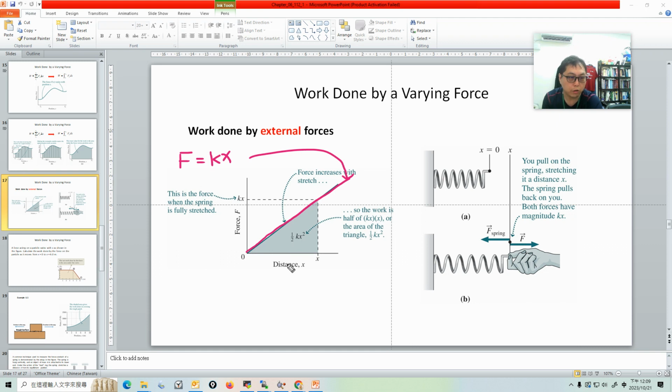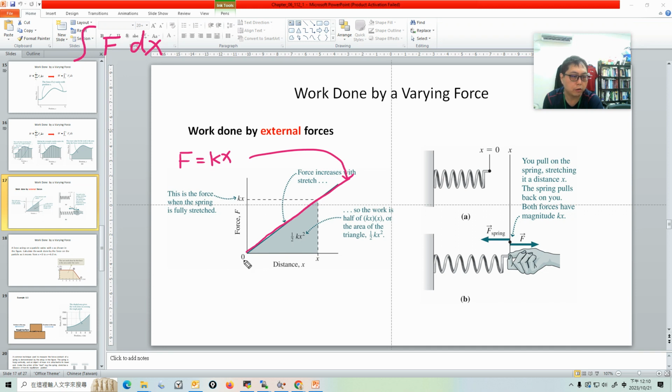So if I want to calculate the force between 0 and x, what will we do? This force is variant, so let's use integration. I should do this before talking about the simple example. We do integration of the force function with respect to x, and here, if you want to calculate the work